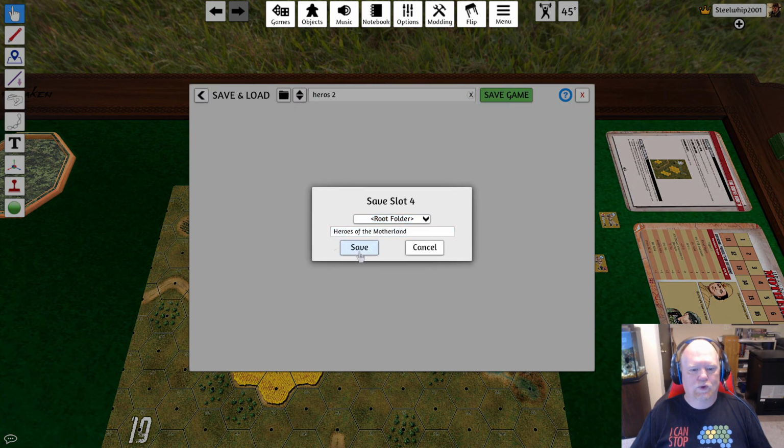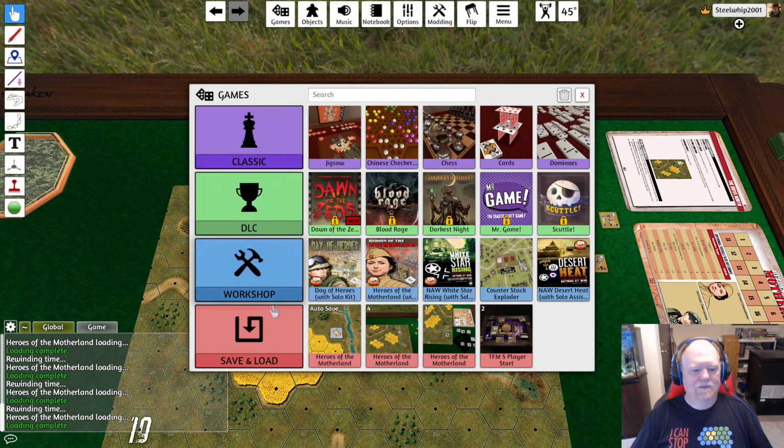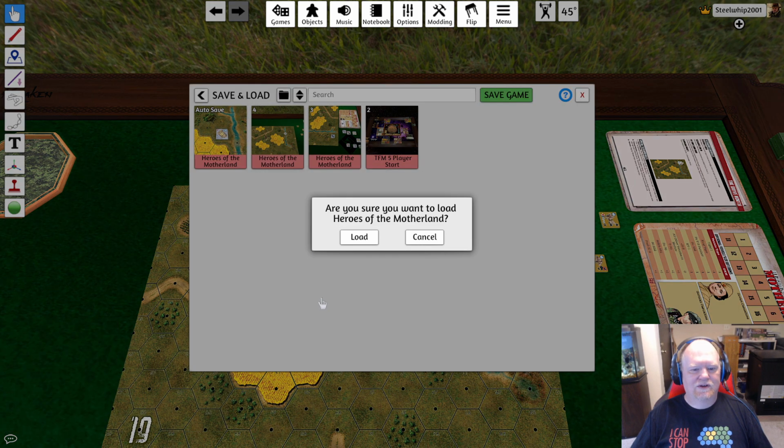And then root folder, Heroes of the Motherland. Just click Save. And then back up one. Go back to Save and Load. And actually, yep, here it is. Right here, under the root of Heroes of the Motherland. And sure you want to...